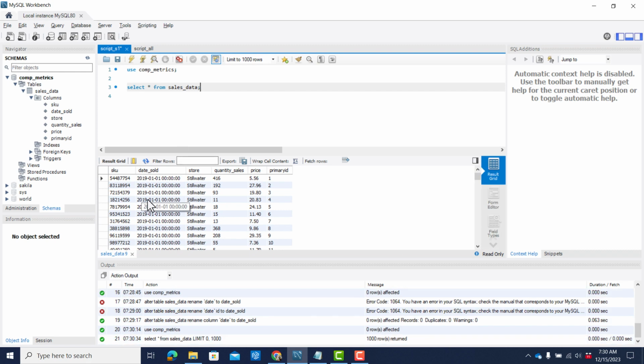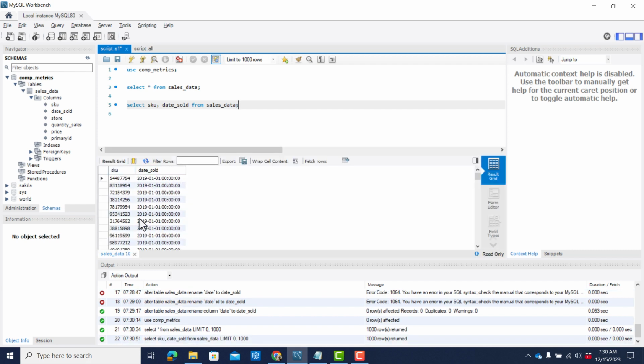Now suppose I only wanted certain fields of the data, not every field. Maybe I only want SKU and date sold. Then I'll just do that. Only get those two fields. Most of the time we're not wanting all the observations. So let's say, suppose we're only interested in one particular SKU. So let's go select all the fields from sales data where the SKU equals, and let's choose